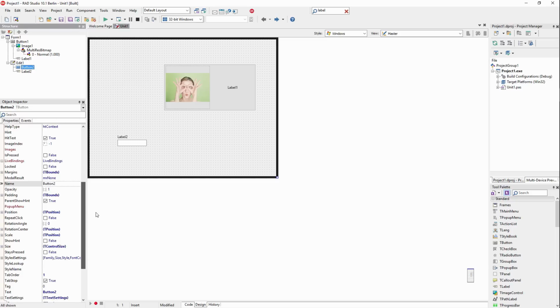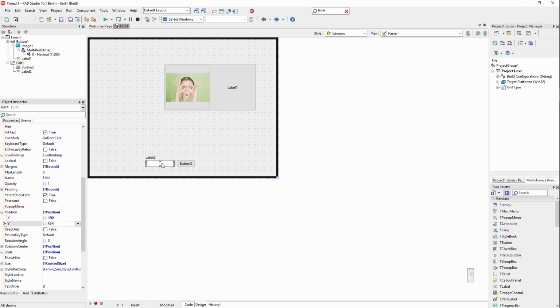Where's the position? Yeah, so set that to 0. There we go, there's the button. So we're going to put the button right here. Now if I take this edit box and drag it, see, those are attached to it, and that's because they're on the edit box. Now, if I go to the edit box, there's a property here of clip children,